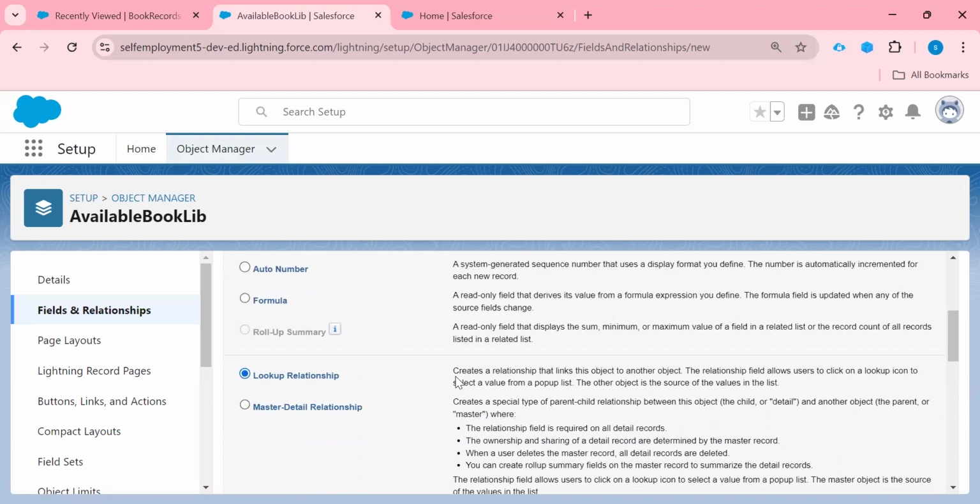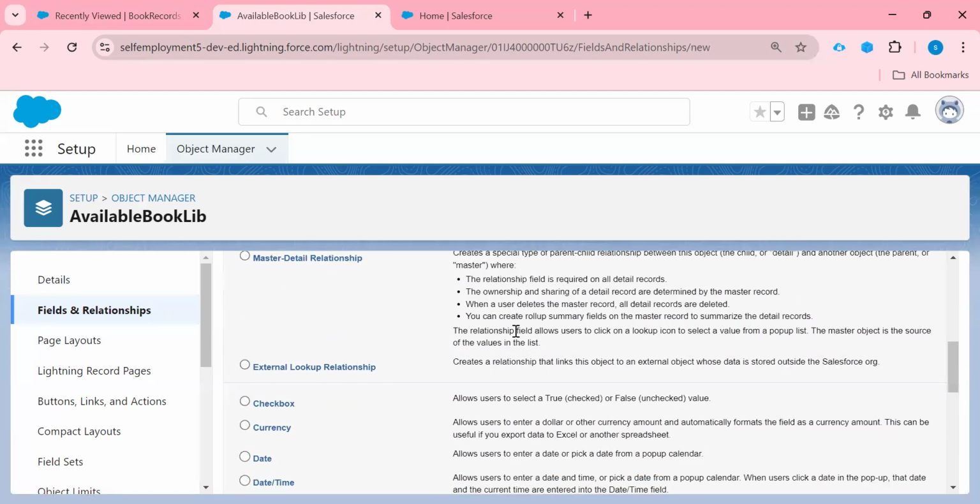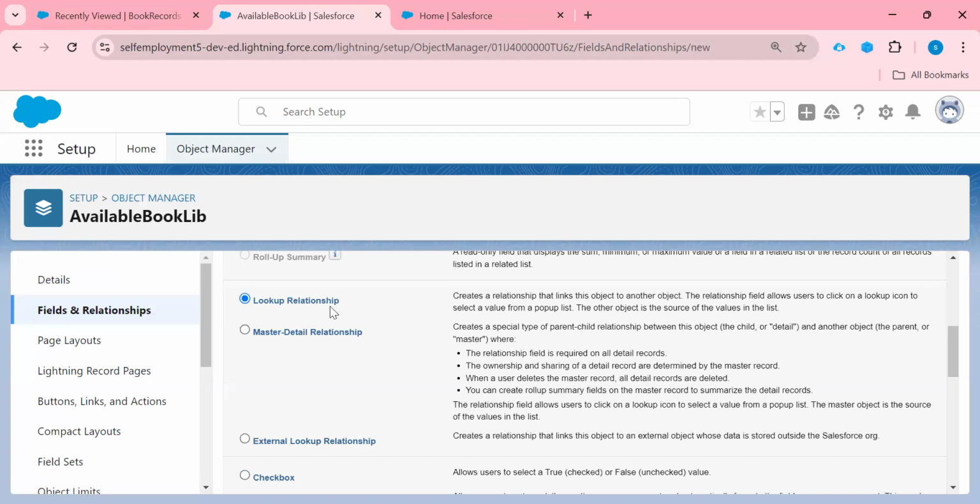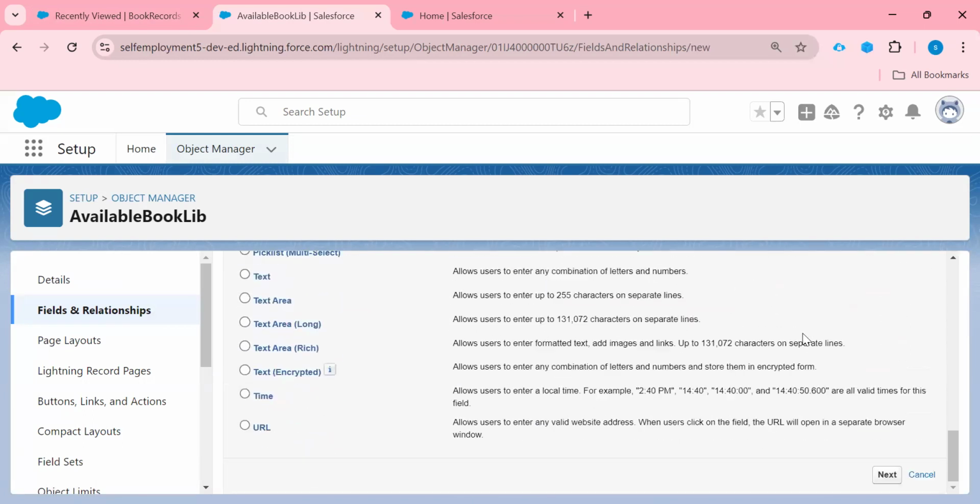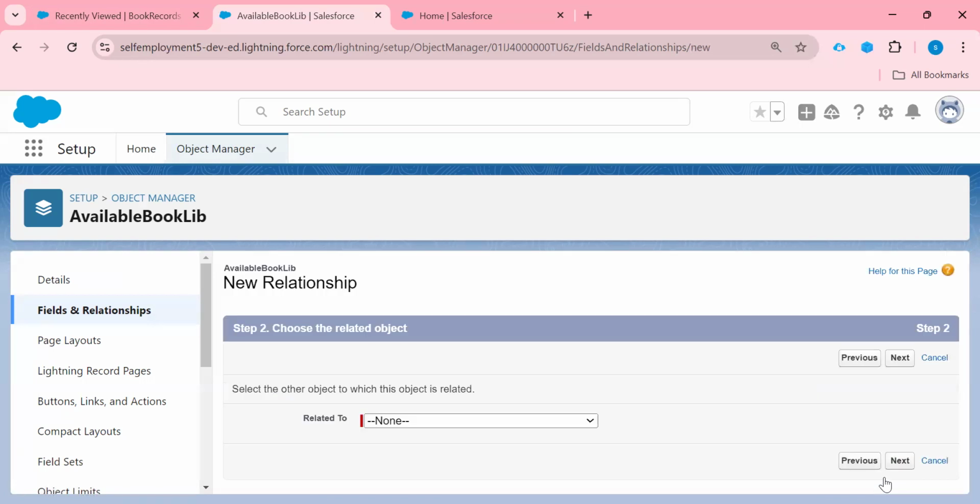You can read here also: create a relationship that links this object to another object, right? The relationship field allows users to click on a lookup icon to select the value from a pop-up list. We will see this later. So just select this option, lookup relationship. Now click on next.